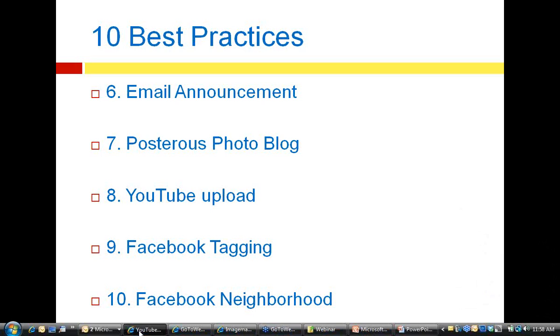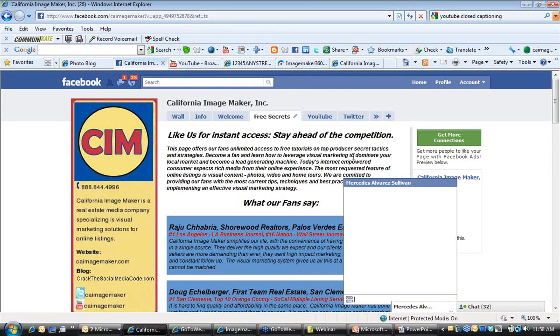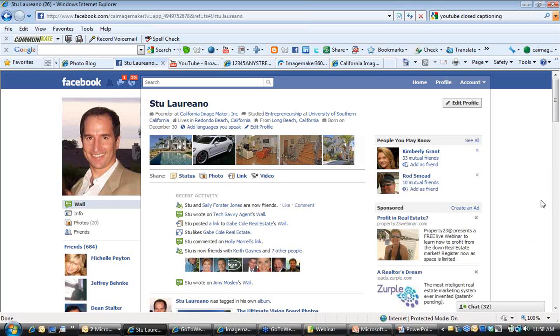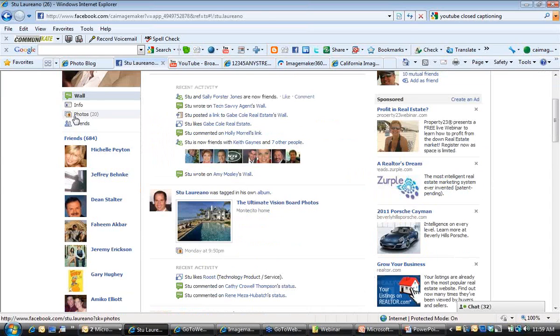And I'll go back out here again to Facebook. And what I'll do is click over to the home page now, or the profile page, actually. And what you're going to see is how the new profile looks. If you haven't done this, you may want to, you can upgrade on our blog. You can see that as well. But now we've got photos. This pops up. Photos that you're tagged in pop up first. And if you don't know how to tag somebody in a photo, it's really, really easy, and I'll show you that here. So if you go to your photos,